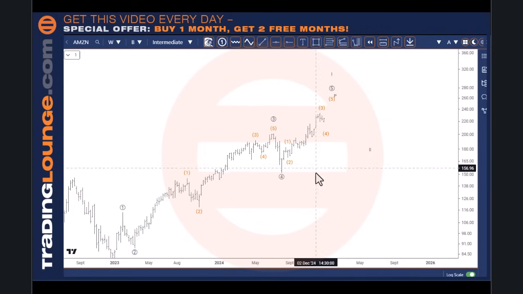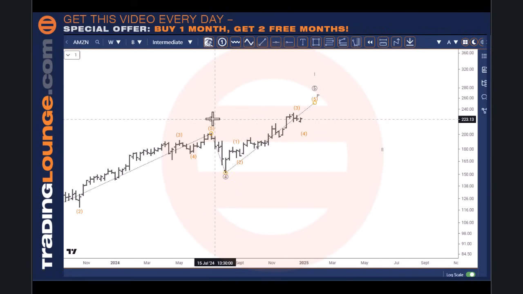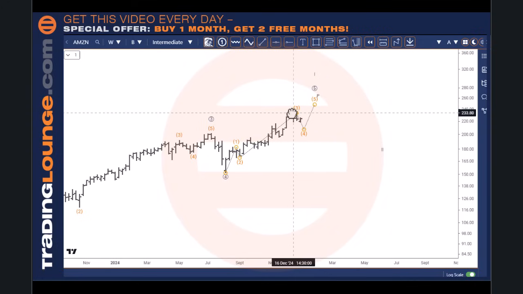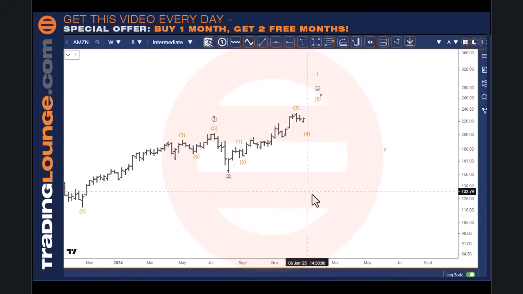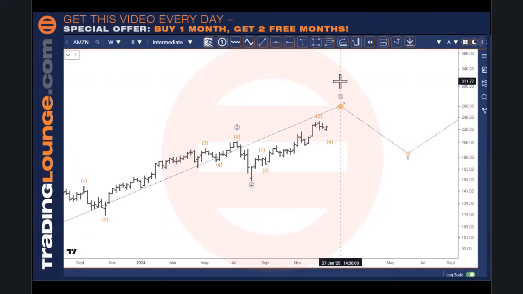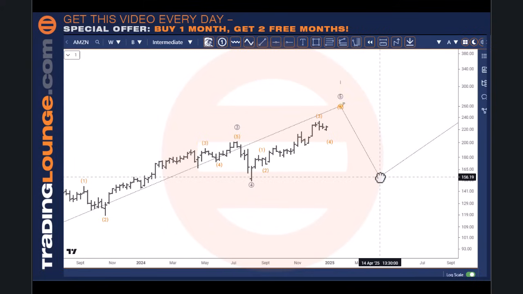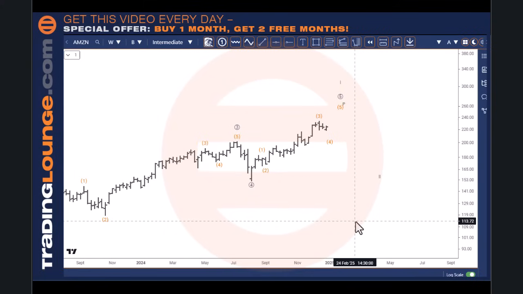So we've sort of focused on this one. A lot of the other markets will have this third wave over here, but in this one we'll have it here, on the weekly. So what we're looking for here, you can see that we've got wave 1 here and 2 and 3, 4, 5. We're going into wave 4 here and up for wave 5 here. And with all these markets, once we get this top in here, we will be looking for a serious pullback at that point.